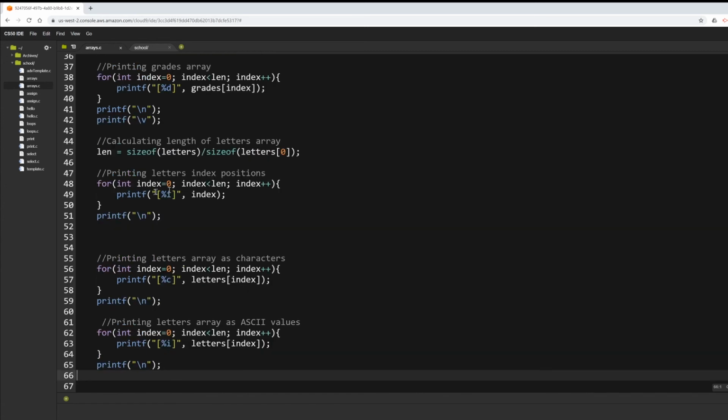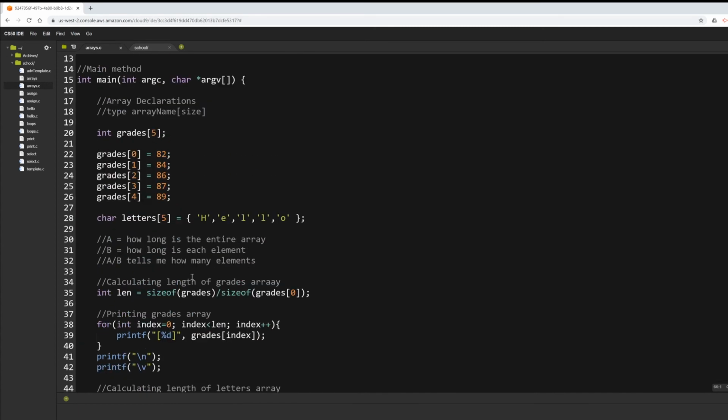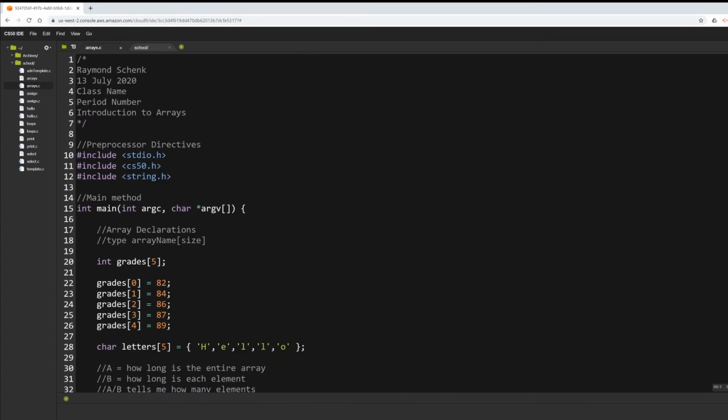simply by calculating the length of the array so I know how many positions I need to go with my index variable. So this is a pretty cool way to do things. And as we get into other languages, as you get further into C, you're going to see that you can have arrays of arrays, and you can have two-dimensional arrays and things like that, and that's